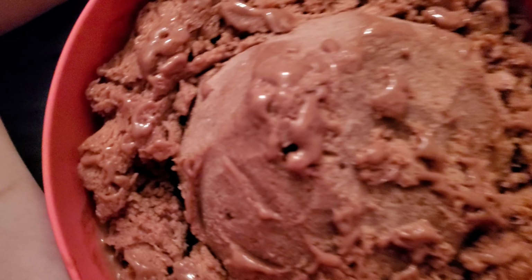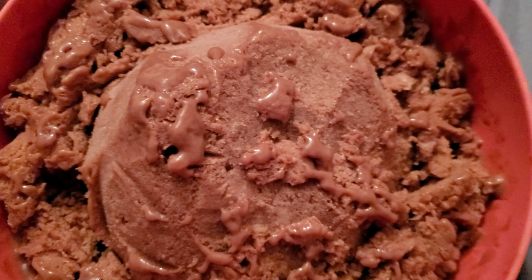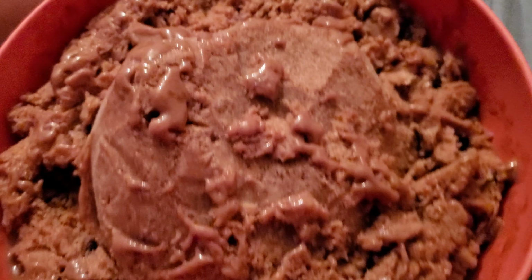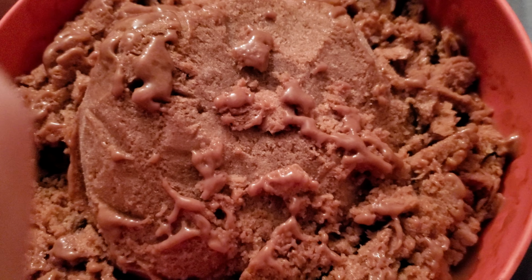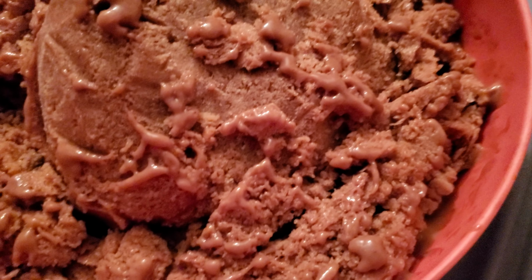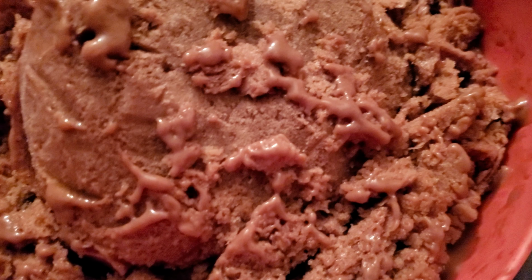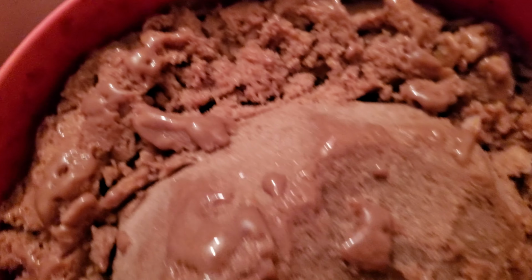Now let's go ahead and take a look at this stuff, just so you can see the final product. And what we have here is a giant bowl of chocolatey goodness that's melting, so I'm going to have to throw it back in the freezer. But, yeah, check it out. Does not look bad at all. I had Corey try some. She liked it. I told her to be honest with me, but,